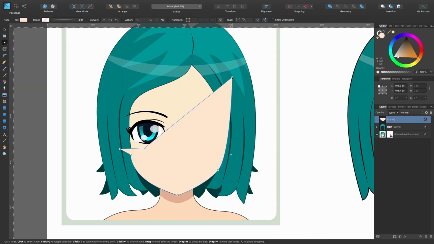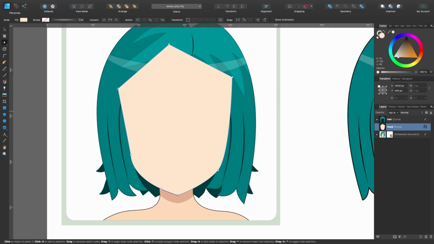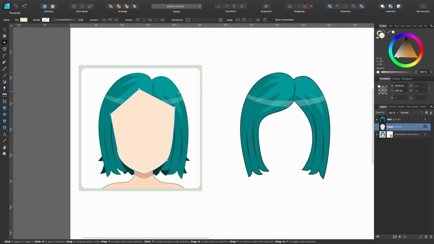And we'll just kind of drag these over. This is very messy. I wouldn't usually be this messy, but just go to show you can always make changes even if you make mistakes. Okay, so this is our head. So I'll just call it head there in the layers panel, and I'll just drag it underneath here. So click and drag it underneath the hair, and obviously it's not this hair.